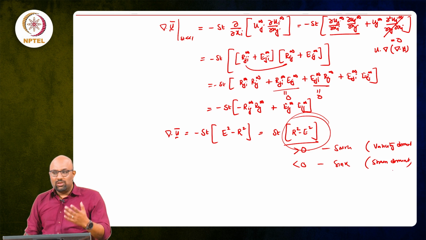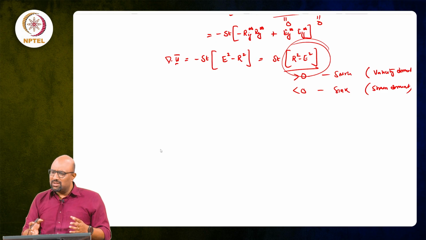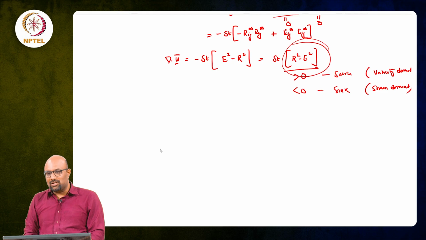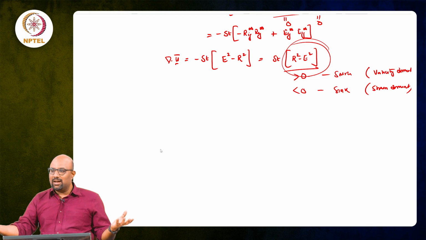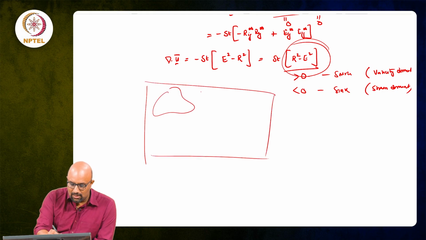So, why am I going through all of this? Because the example that we took where we did this exactly was a very simple rigid body rotation and a planar extension. What is E in rigid body rotation? 0. What is R in planar extension? 0. So, we took some very simple examples, but now if you take a big leap and you do, let us say,